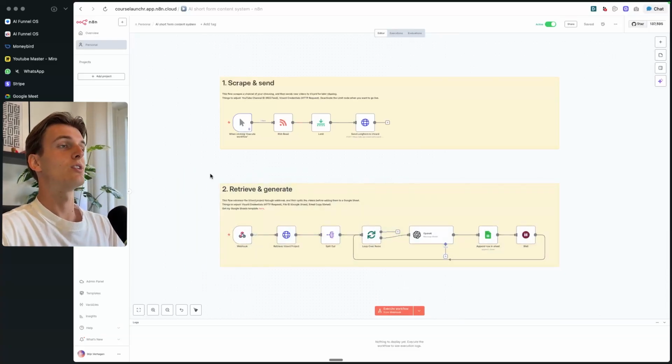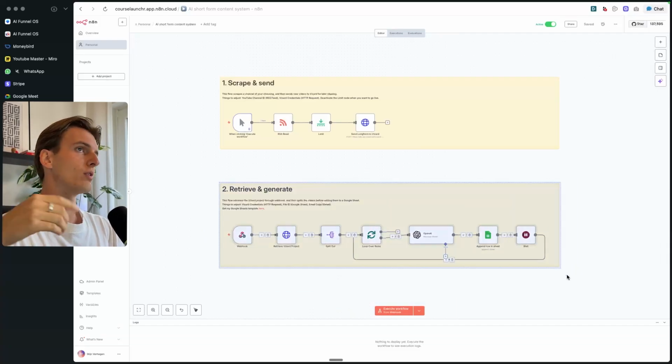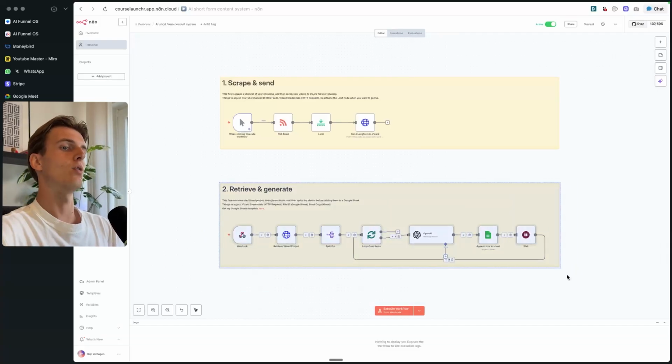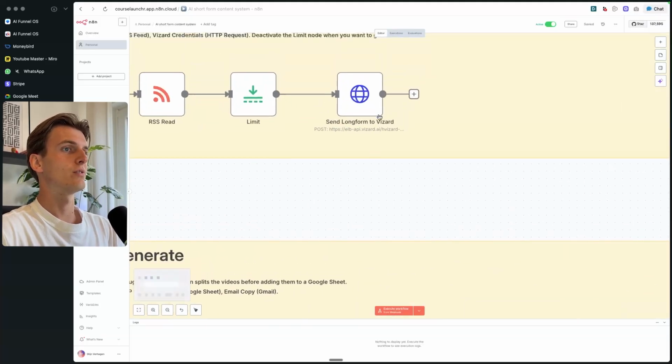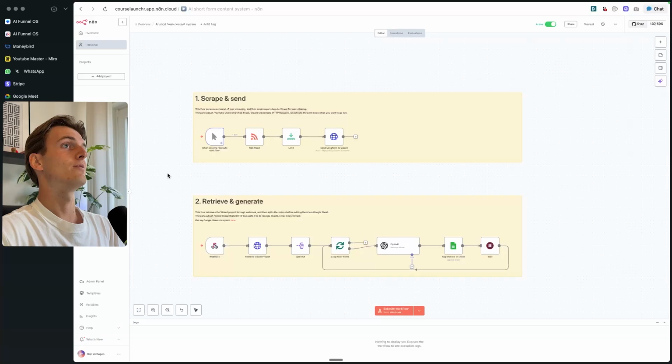Once it has been generated, it will send the signal to this webhook. This webhook will capture the signal from the short format generator, and it will then be looped over all the reels, and all the reels will get their own slot inside the sheet, even doing some caption generation with the OpenAI API. The tool we use to generate the reels with is called Vizard, which is a short format video